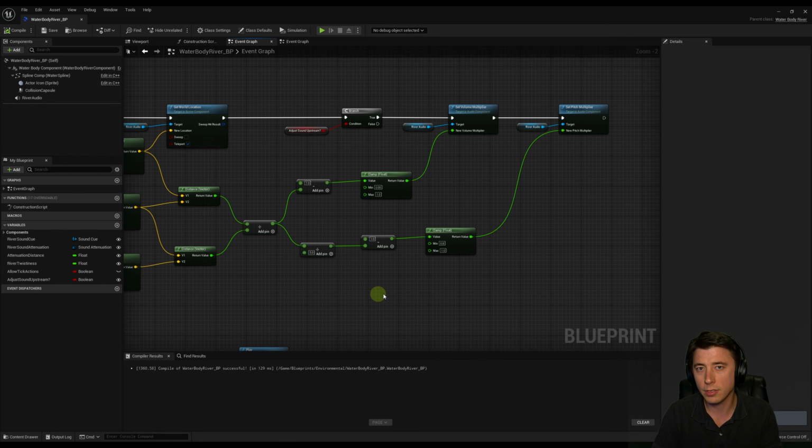And that is, I think the sound would sound even better if we get 2 points along our spline. One that's like 500 units ahead of where we are on the river spline, and one that's 500 units behind. And then we play a reduced river sound there. Or maybe not even reduced, because it's already attenuated, right? So I think it'll give it a more spatialized sound where you also hear the river in front of the player and behind the player, and it won't be right then and there,